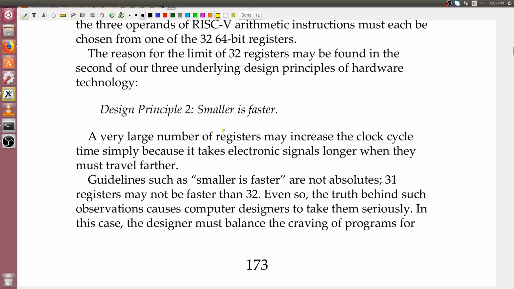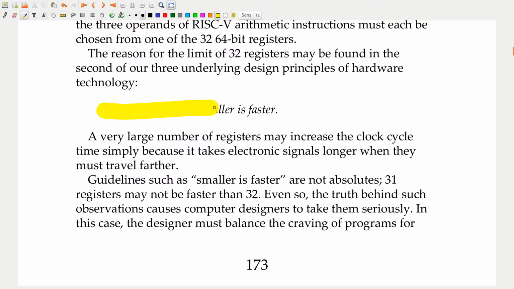So, design principle number 2. Smaller is faster. Okay, so what do we mean by this? So we already know that DRAM is slower than SRAM. So what do we normally see DRAM and SRAM in? So when we generally build a design,